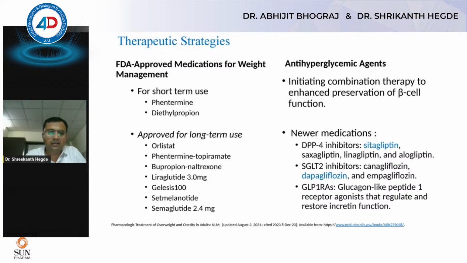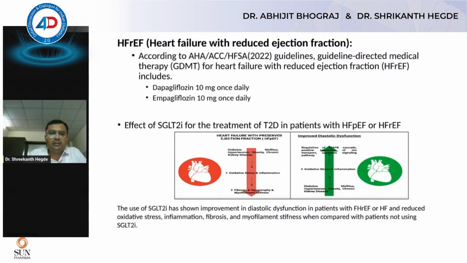It's not very new anymore. SGLT2 inhibitors are very effective in improving body weight, blood sugar, and blood pressure, thereby improving the cardiovascular outcome. According to the AHA, ACC, and HFSA guidelines, the initiation of SGLT2 inhibitors effectively improves heart failure with preserved ejection fraction, and also improves oxidative stress, inflammation, fibrosis, and myofilament stiffness compared with patients who are not using